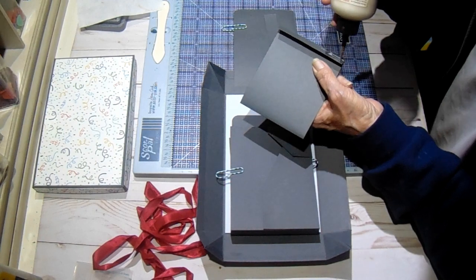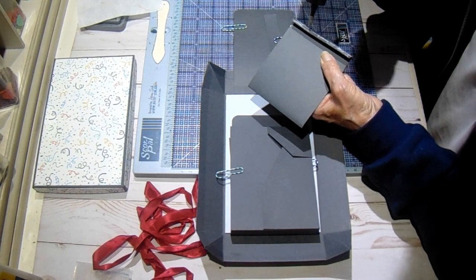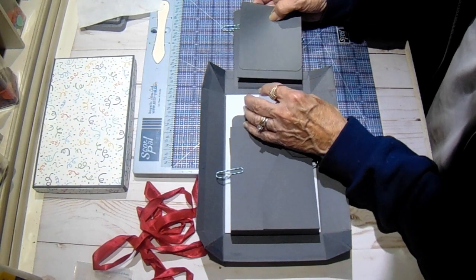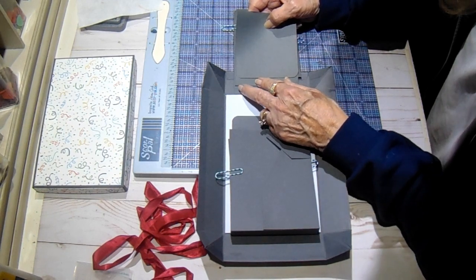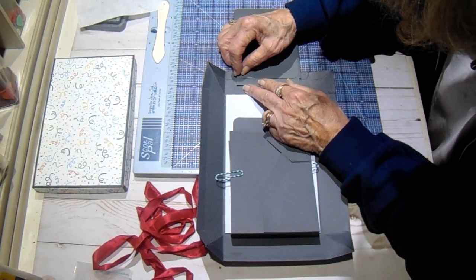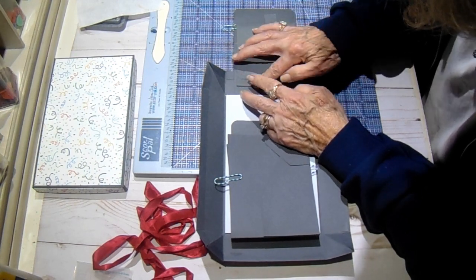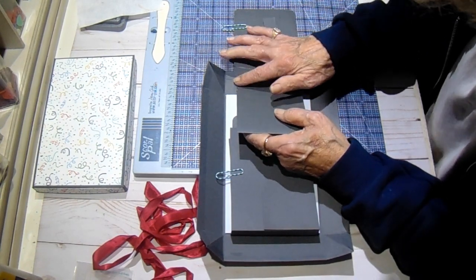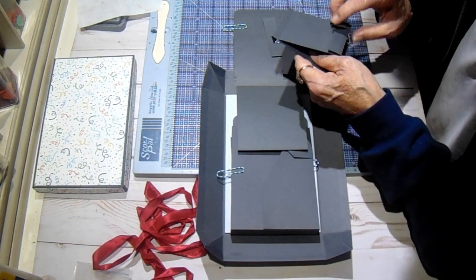If it doesn't go all the way to the top and the bottom, then you don't have to miter, or you don't have to taper your corners. And this one doesn't. So we're just going to ballpark it as evenly as we can, close to the score line but not over. Maybe about 1/8 of an inch away from the score line, or a little less. So it's going to sit right there. And then